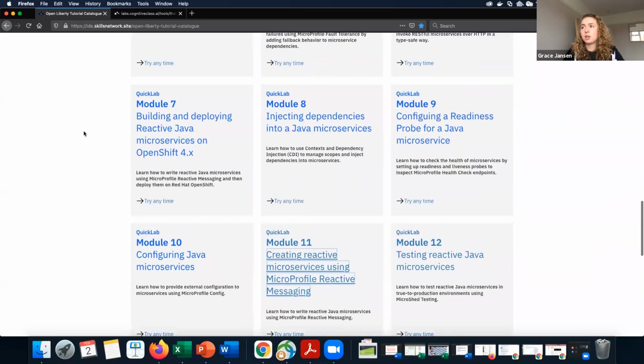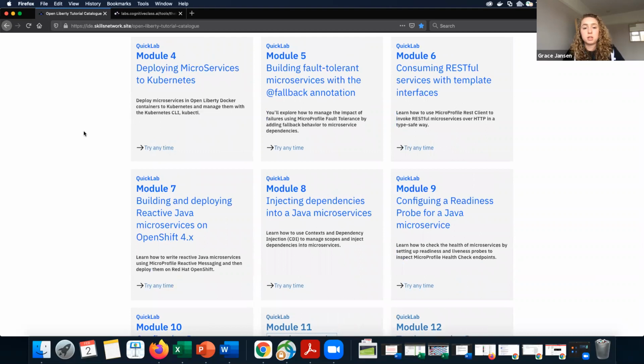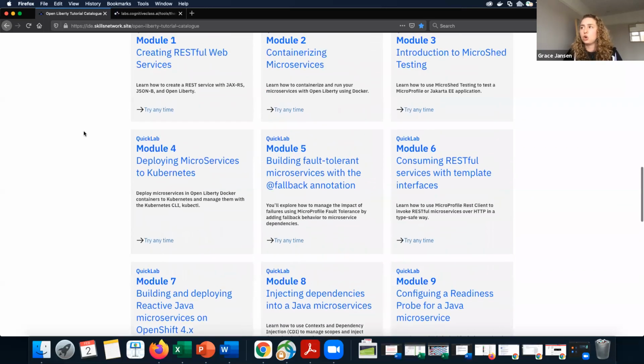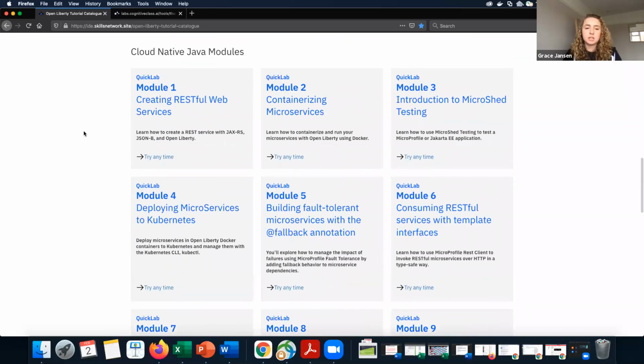So if you fancy having a go at learning how to deploy to some of the other tools that I mentioned in this presentation that are also really helpful in enabling your application to take full advantage of that underlying modern infrastructure, then definitely check out more of these labs here, including ones on OpenShift, different MicroProfile specifications, Kubernetes, Docker, MicroShed Testing, and many, many more. So feel free to do this in your own time. But for just now, I think we'll take any questions that you guys have.